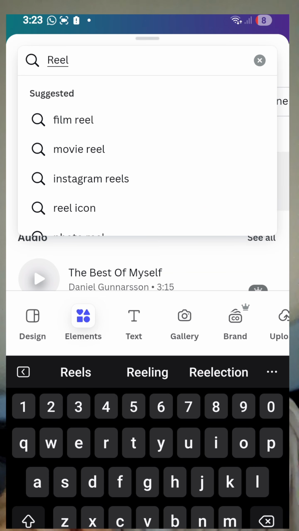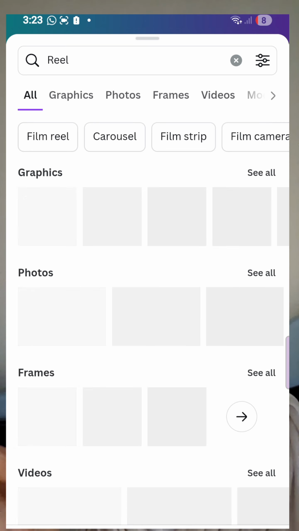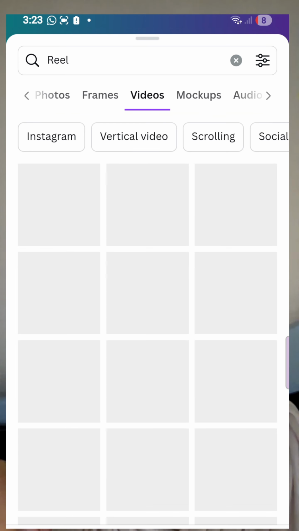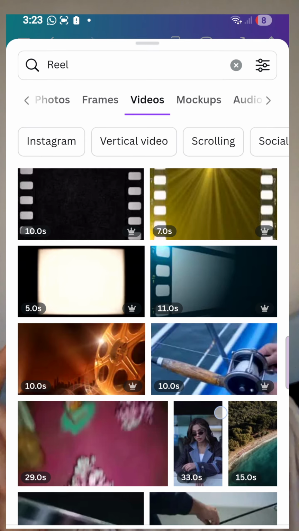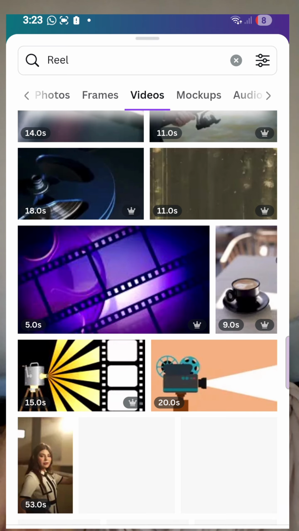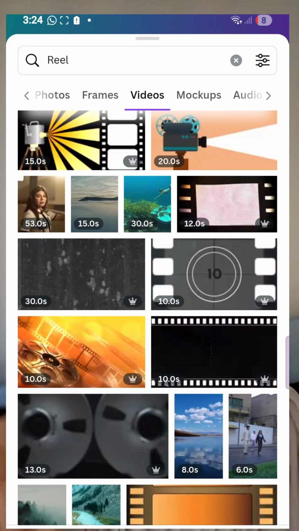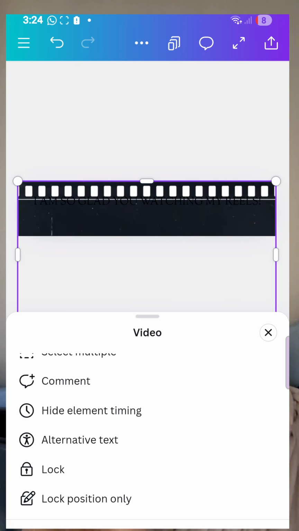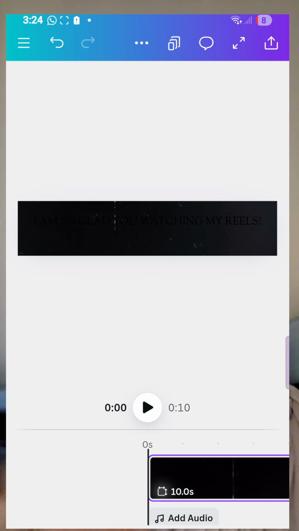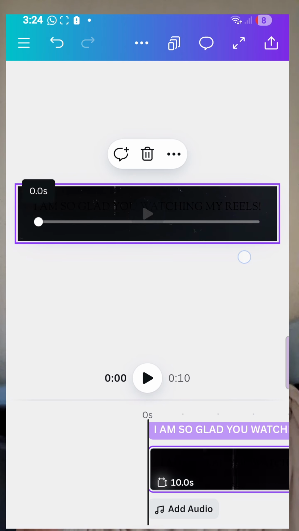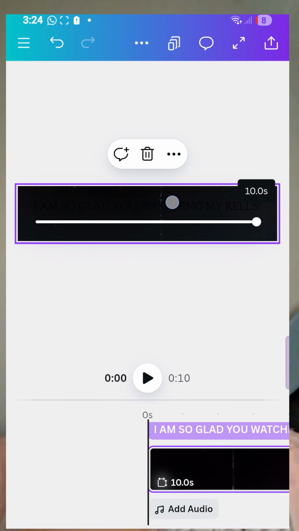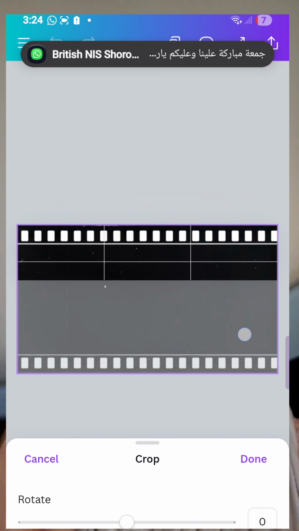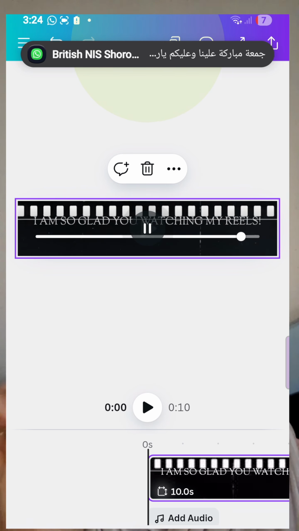Now I'm gonna use another background, which is a video for a reel also, and I like the one here. Let me tell you, I love the one here, cinematic. It gives you kind of a vibe when the video seems like it's moving. You know, in the old times we had those advertisements on the TVs at the bottom of the news. So we are going to size this, and